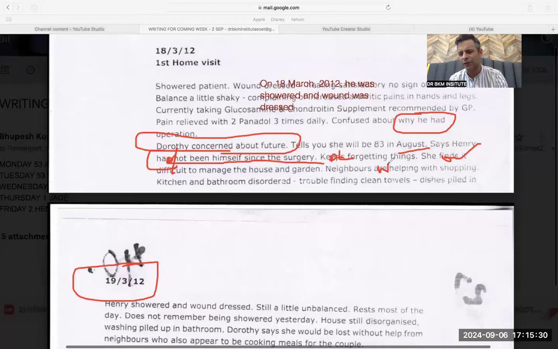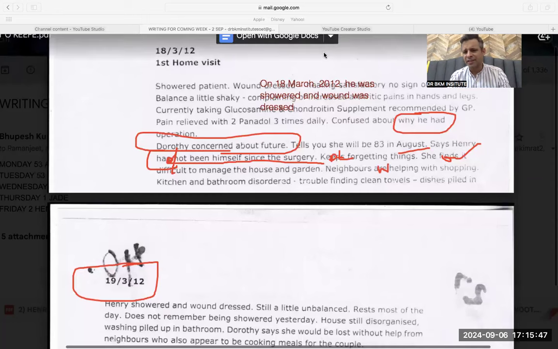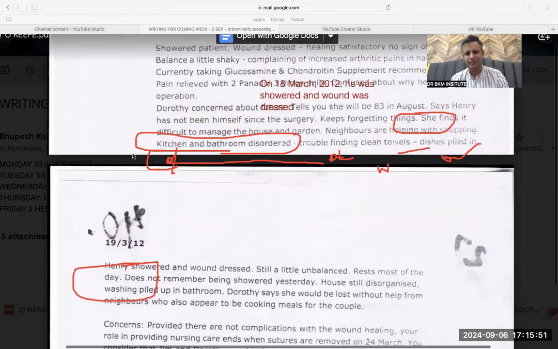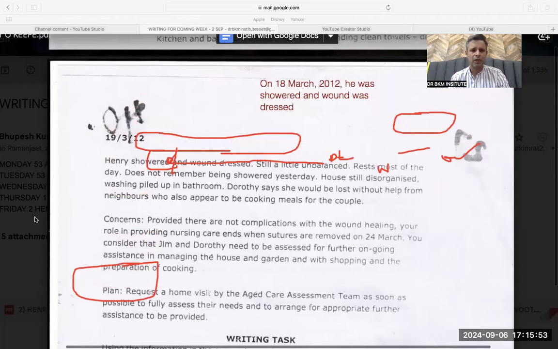So this is the data of yesterday. That yesterday neighbors were helping, and she was telling that Henry, so today is 19th. So yesterday she was telling on 18th, oh, Henry had not been himself. He's not doing well. I am also getting old. He's already old. We are struggling with the house, shopping, and dishes are piled up. Everything has been bad. So she mentioned everything yesterday. So today